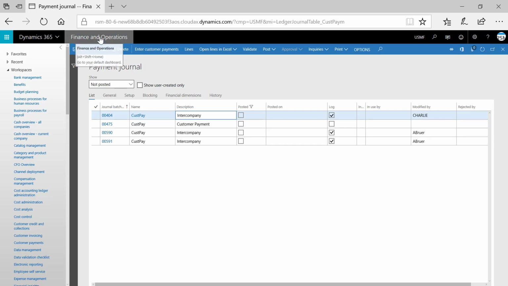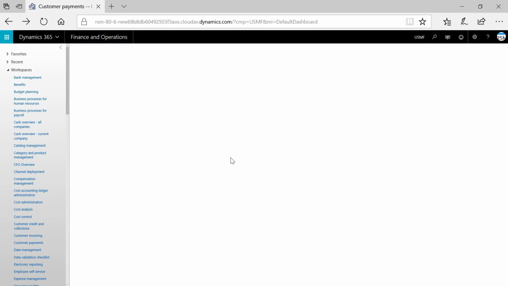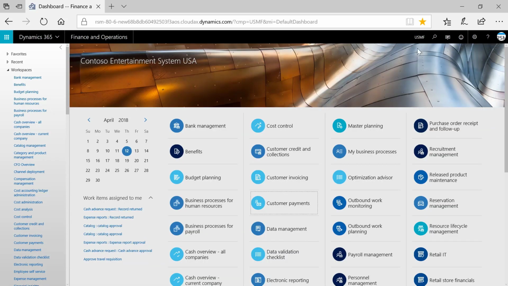Next, let's return to the dashboard and talk about the navigation search. In the upper right-hand corner of the application frame, you can see a magnifying glass. This icon is the search feature. If I click on it, I can enter anything into this field and it will show me partial and complete matches across the system for pages and items on the dashboard. So for instance, if I type in all customers,